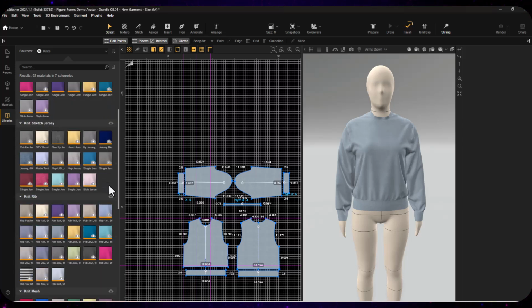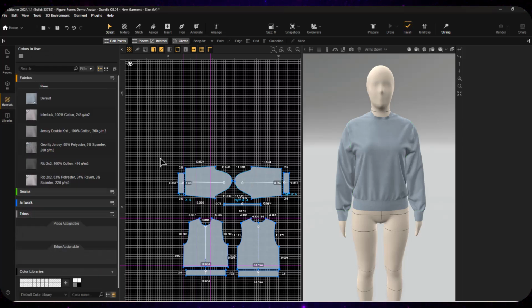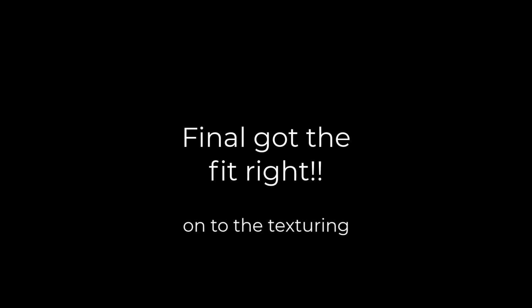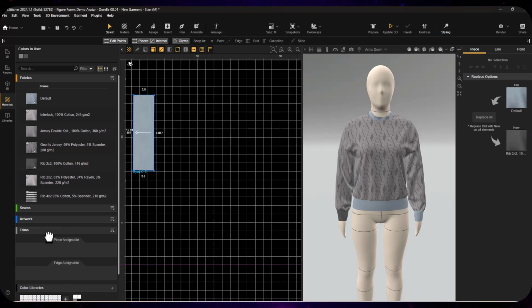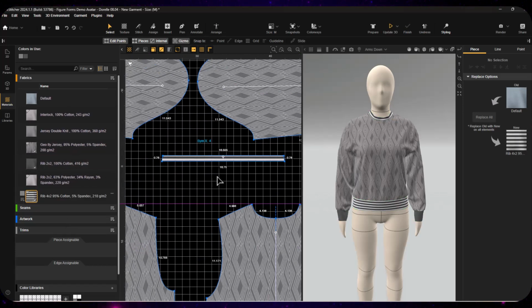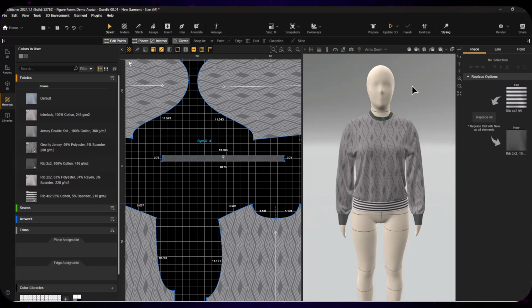So right now I've created my pattern piece, and now I'm going to go on to texturing and adding the realistic textures. For the first time ever, I used just last week the fab machine. I had been going on and on about wanting to get a fab machine so I could test my fabrics and input all the information, and I finally got to use it. It was really cool to see how realistic the fabric testing is